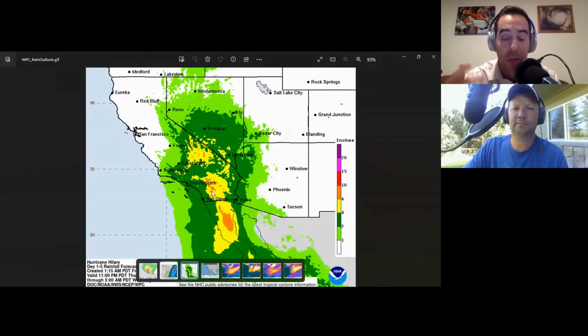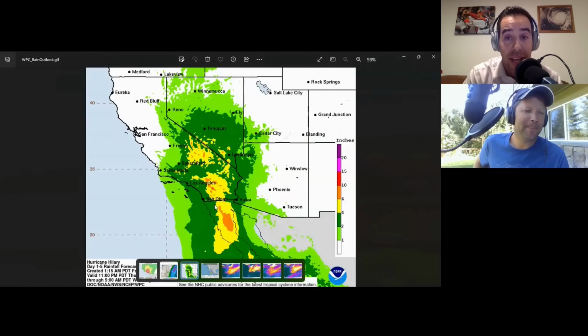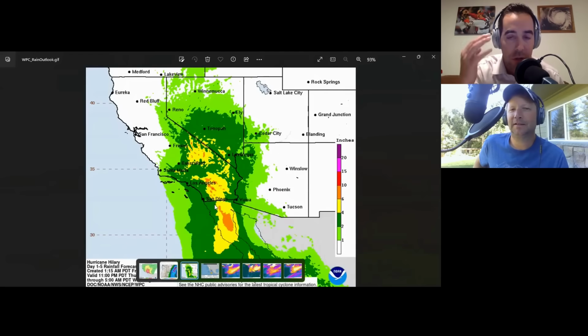the Riverside County mountains, the San Bernardino Mountains. There are indications that those mountain ranges could pick up 10 inches or more of rain in a matter of 3 days. That's bad. And if you look at this map here, and for those that are just listening,